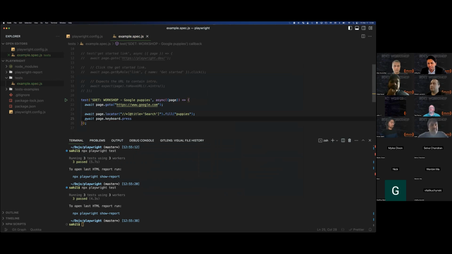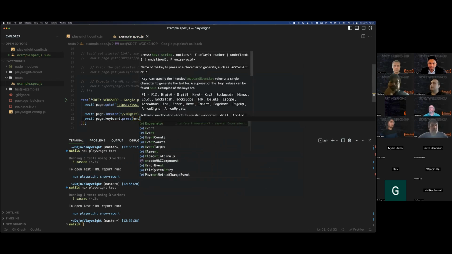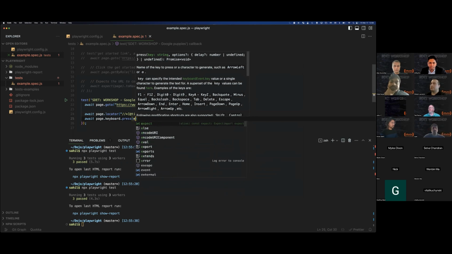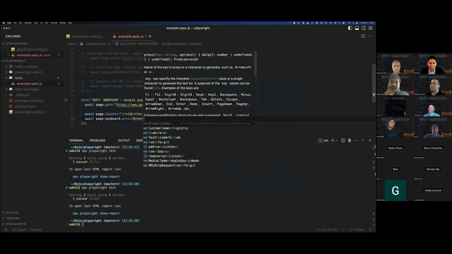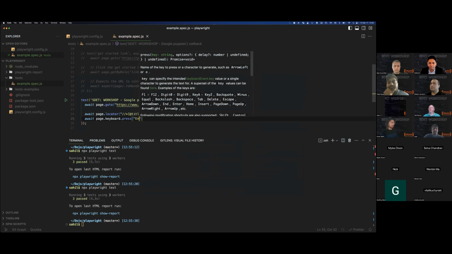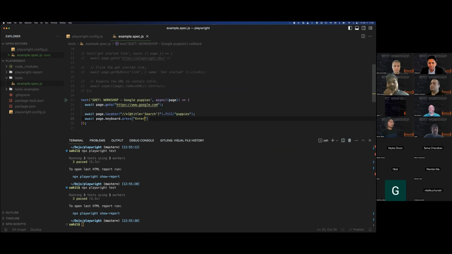And then you can just say Enter with the capital E. Well, no, you need to send it as a string. String? Okay. Got it. Yep. Can you try now and then see how it goes?